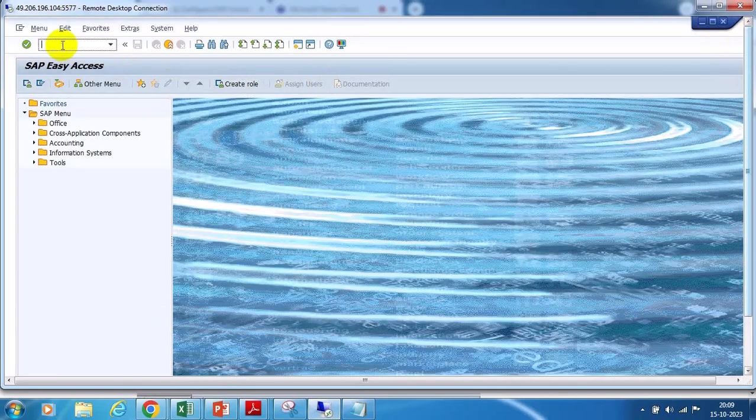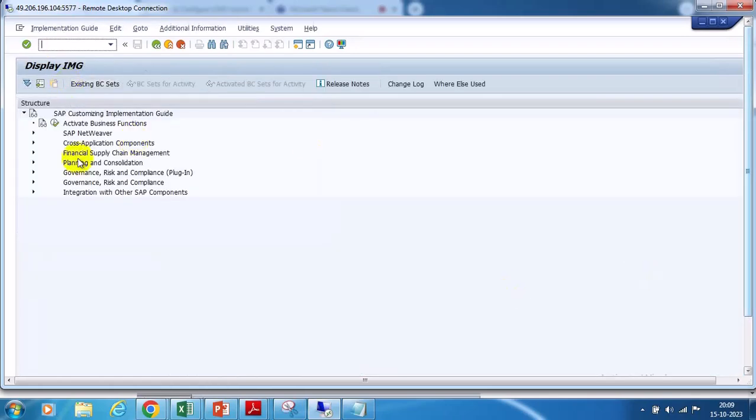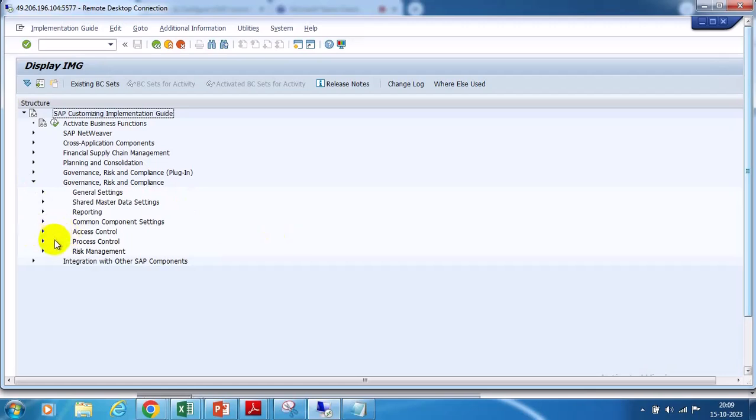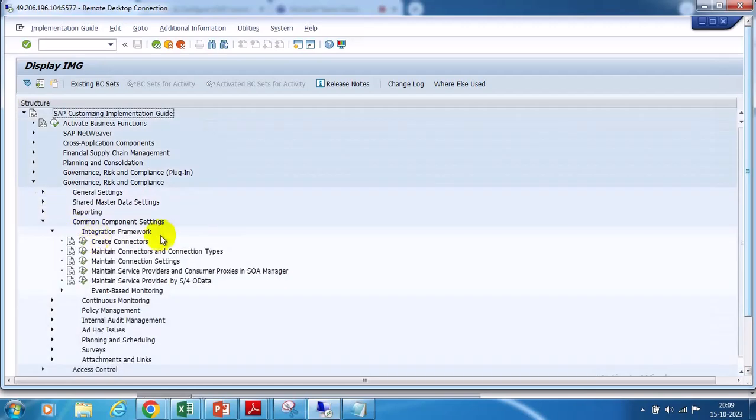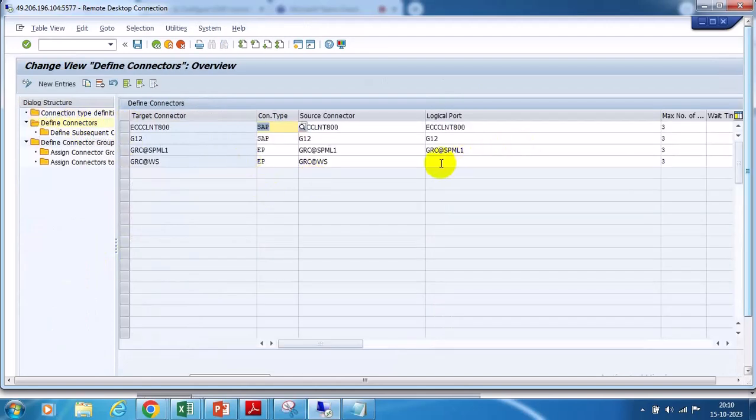Just now we created, right? This is the only additional step we will do for our connector configuration. Enterprise portal connectors, so logical port. HTML doesn't require it, but